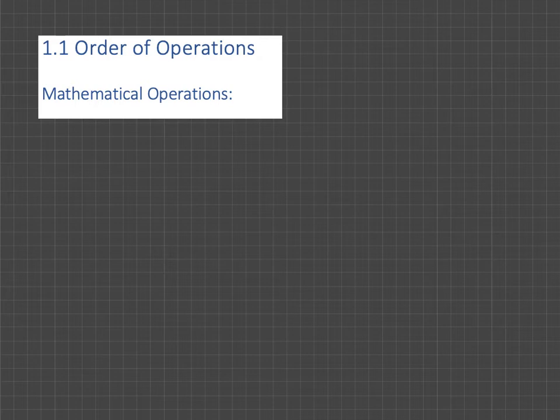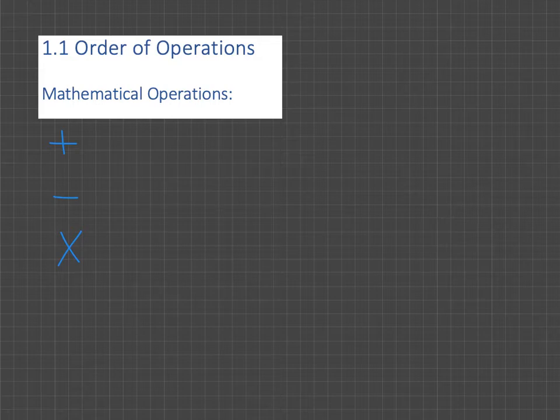Now we're still in 1.1 looking at mathematical operations. We have outlined what these are, and we've got addition and subtraction, and we've got multiplication. Now, when we first learned multiplication, we used an x to stand for multiplication, but when we start to introduce variables and use x for a variable, it can be confusing if the same symbol stands for both of those